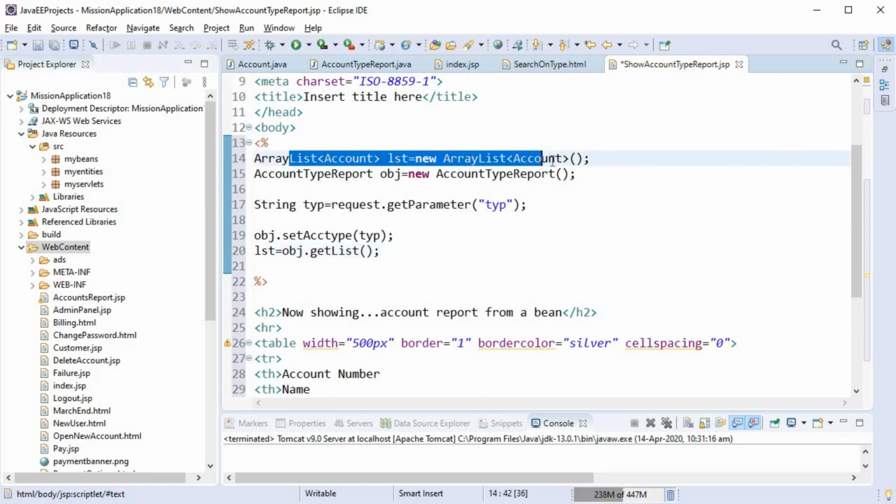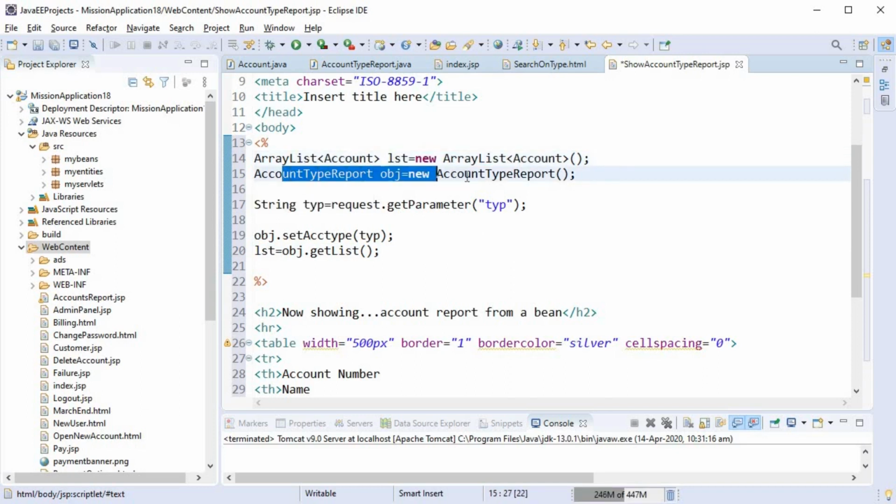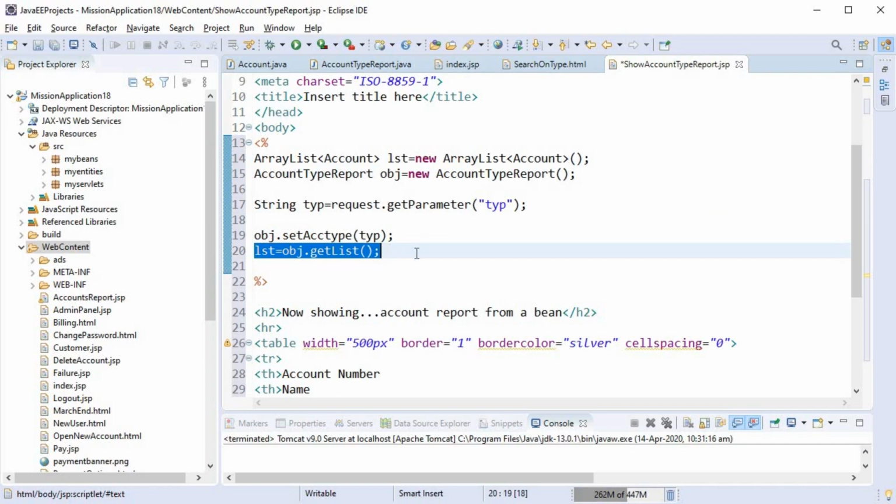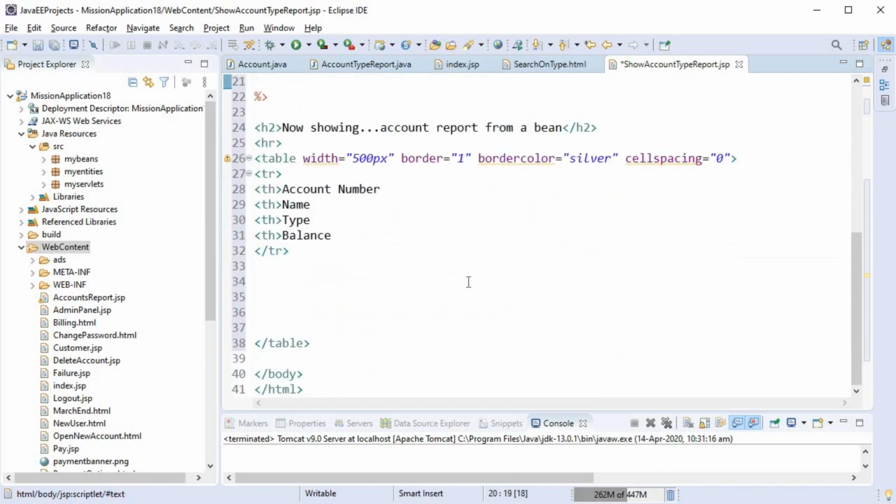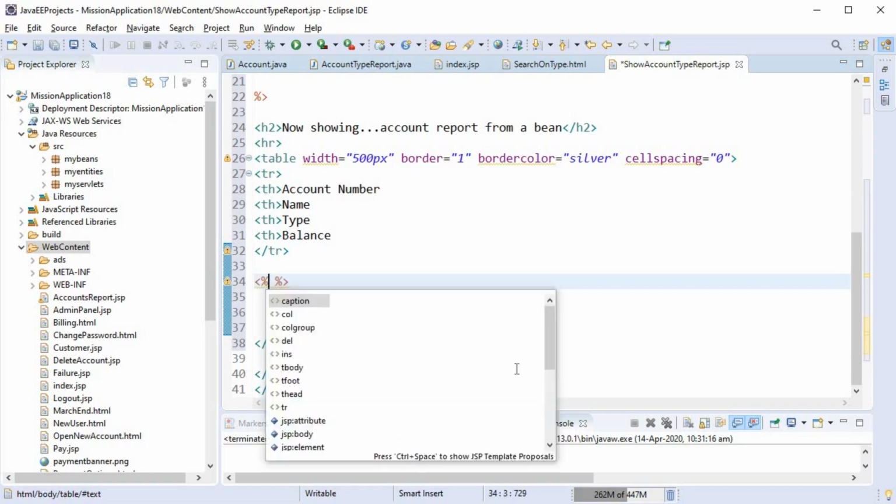Now the last thing we'll have to do on this page is to print all the values present in the array list on this page. So we have already created a table to print the report. The data is received in the list lst. Now we want to add more rows below these headings, and print the report.